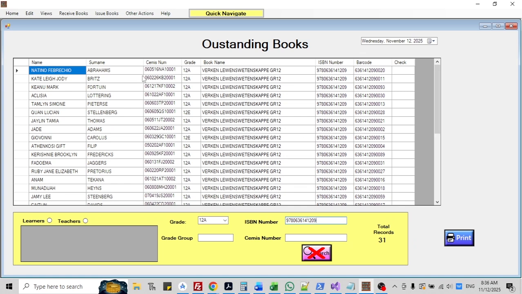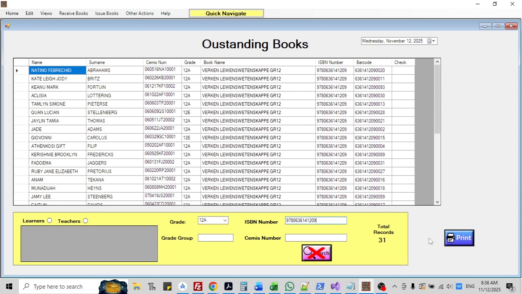So we can now check all the life sciences books for 12A, and we can check that book for this week. Next week, we can do another check on another book or whatever, and it will take 10 minutes, 5 minutes to do those types of checks. So this is stuff that we can print out. You will also see that the program is color-coded.